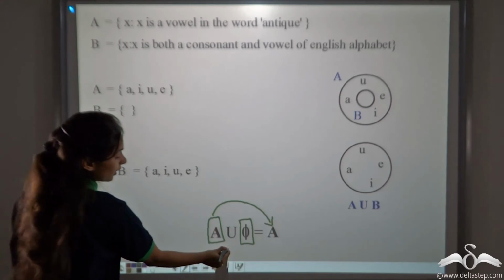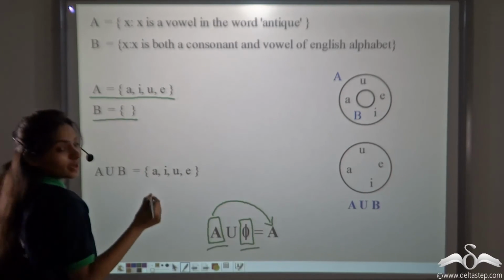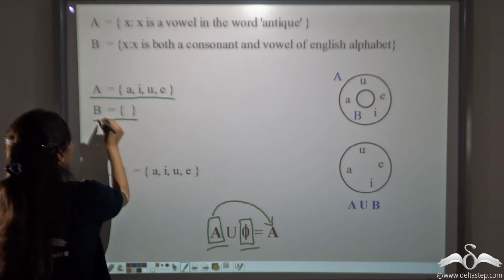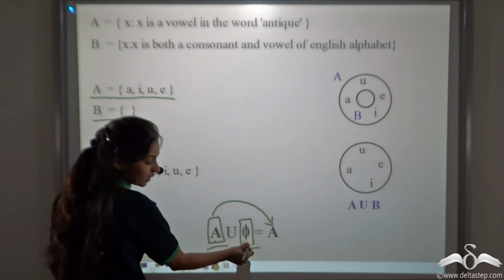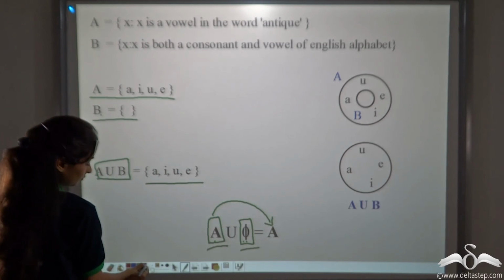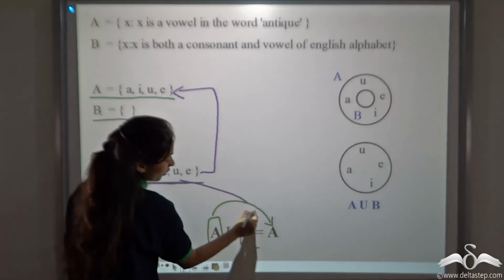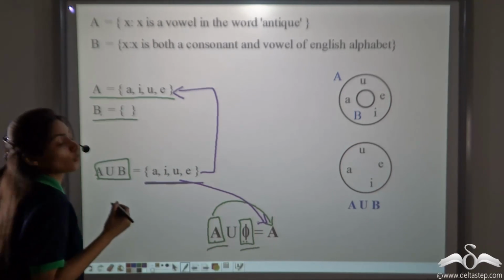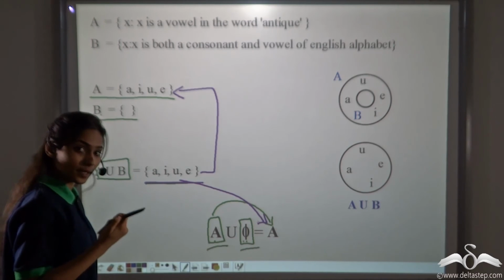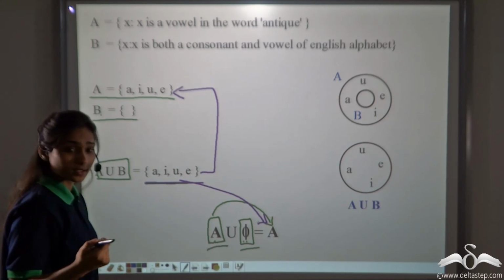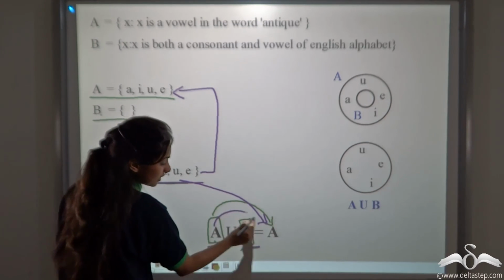Check it here. Here we had done the union of A with a null set. Now what is a null set? It is a new name for the empty set. So here B was the empty set. We had done A union B, that is A union with the null set. What answer did we get? Here A, I, U and E is the set A itself. So we got this same answer. So what did we learn here? We learned how to unite two sets, that is, do union of set A and B or any two sets. And we learned that whenever we unite one set with a null set, we get the previous set itself.